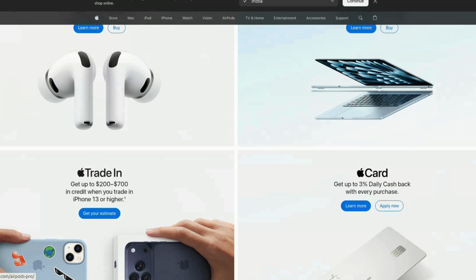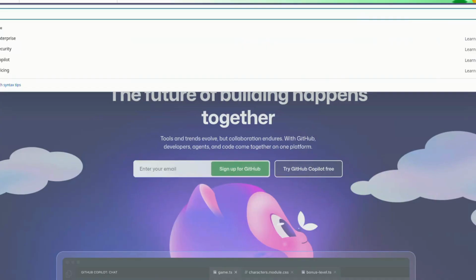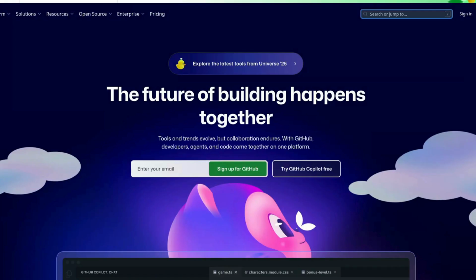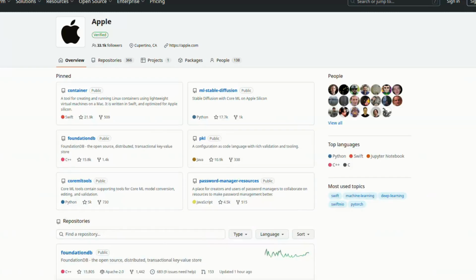What we are going to do is go on GitHub and search org:apple. Let's see if we found anything.